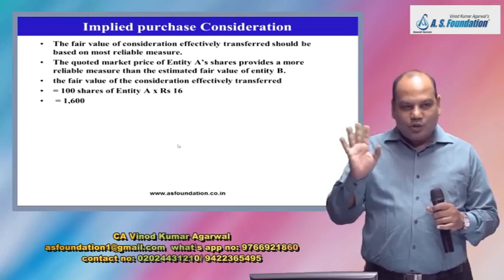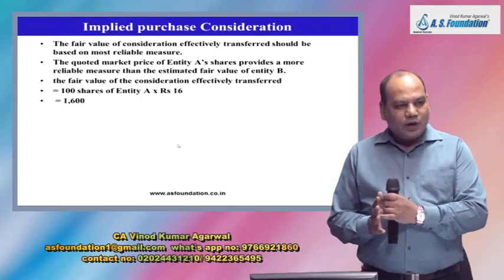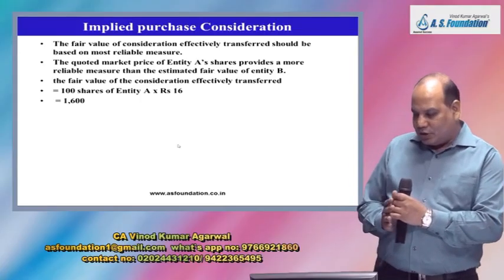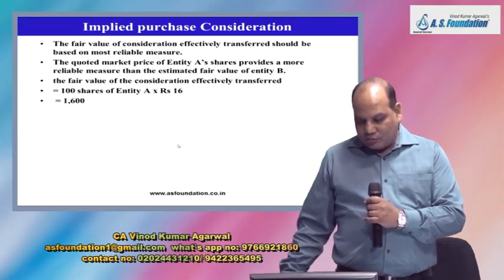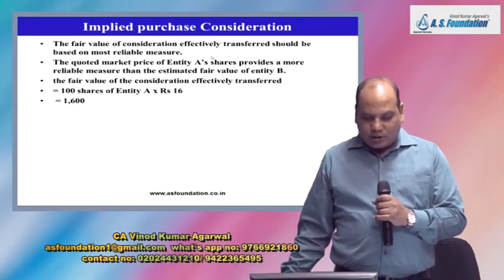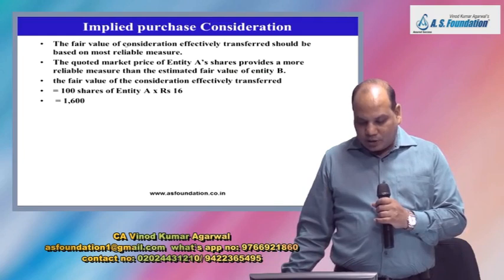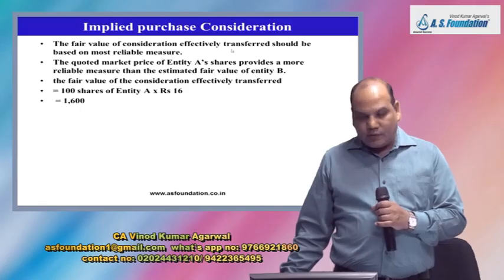We are not actually issuing anything to A, but only for the sake of calculating the consideration and goodwill, what is the value of A Limited? What is the fair value of the business of A Limited? There is a note which says the fair value of the consideration effectively transferred